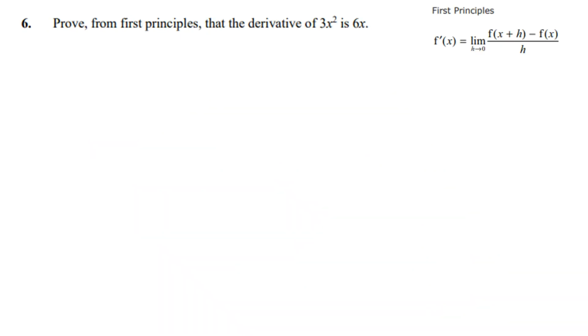Question 6 is asking us to prove from first principles. So I've put what you get in the formula sheet here. You get the first principles formulae. And what's going on here, the f dash is the same as dy by dx. It's just the function notation. And it's the limit as h tends towards 0 of f of x plus h minus f of x all